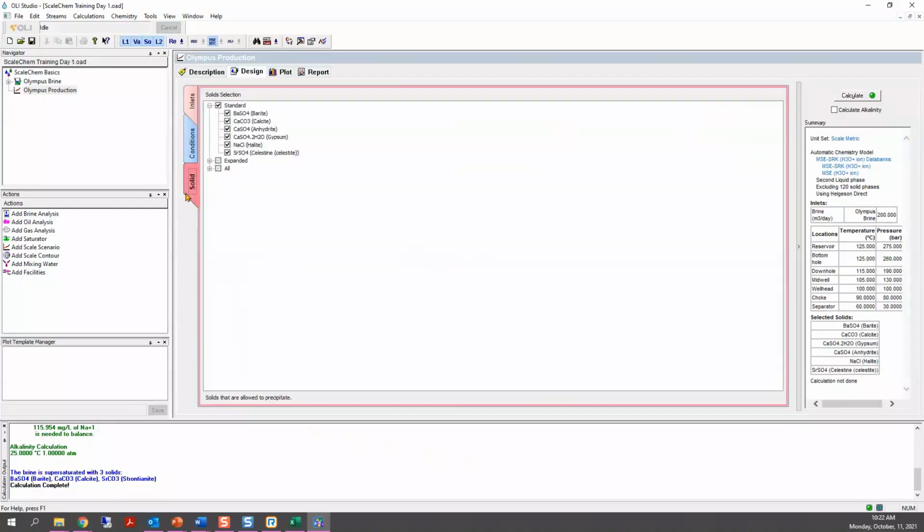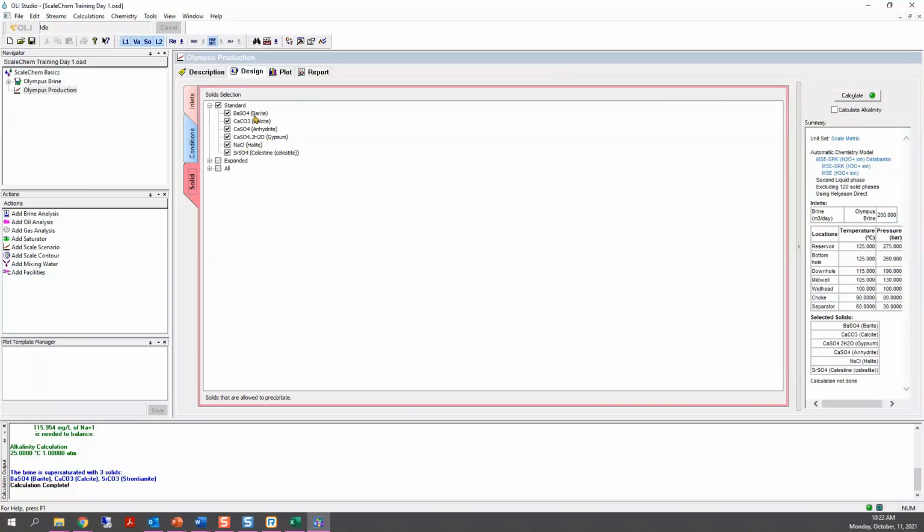Notice that you have 3 different sections here for solids. You have the standard category, and this category basically is giving you a list of the standard oil and gas scales that can form.